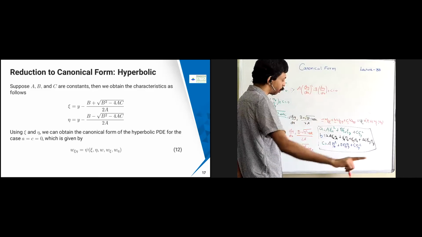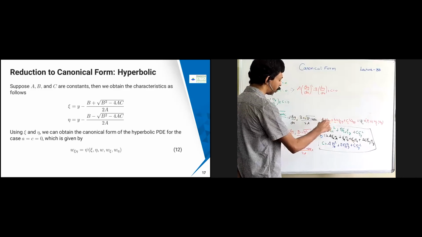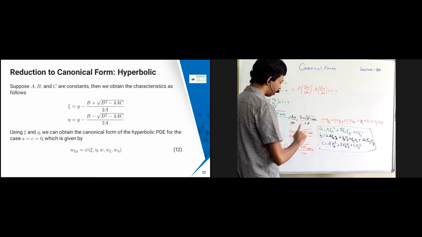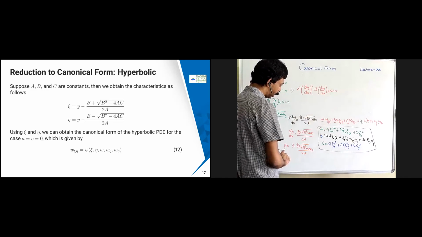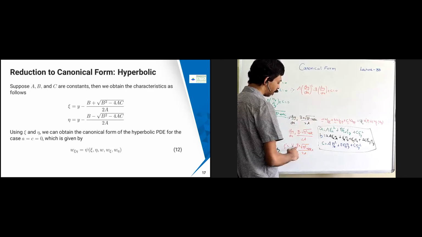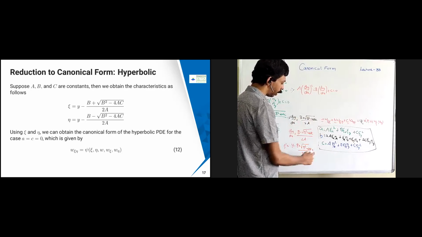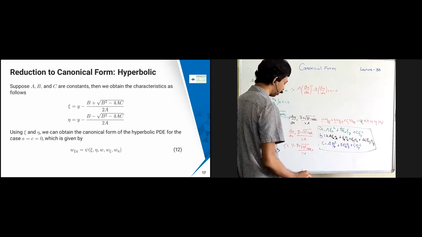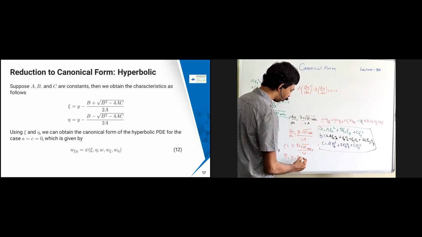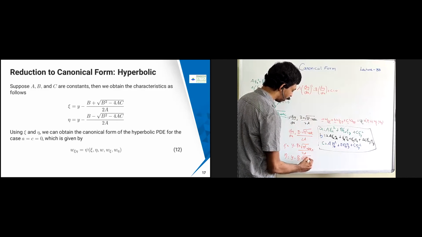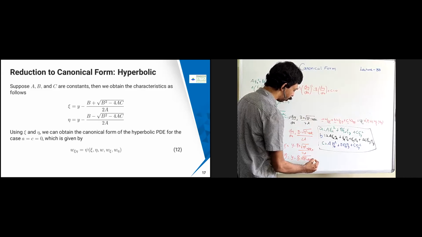The x is missing in the slide. Okay, plus a constant is going to come. Instead of that constant, I am just assuming c(x, y) equal to c1. Therefore, chi is going to become y minus (b plus square root of b square minus 4ac) into x. Similarly, eta is going to become y minus (b minus square root of b square minus 4ac) into x.